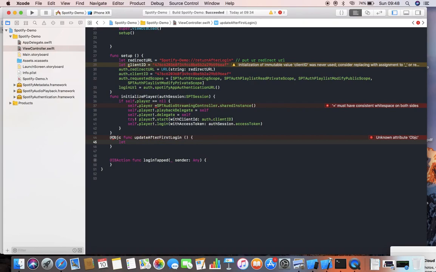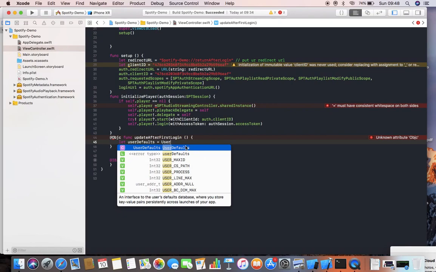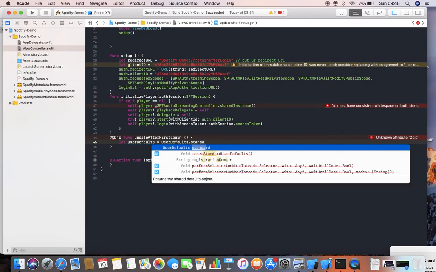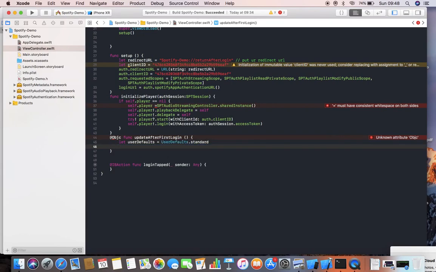So let's say let user default is equal to UserDefaults dot standard. Then if let session obj, any object,